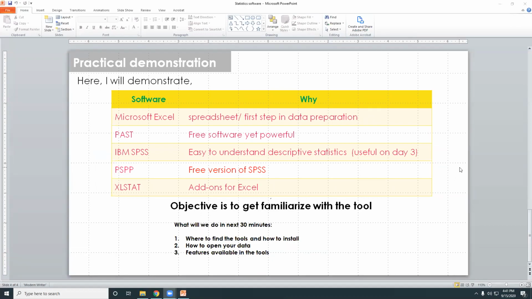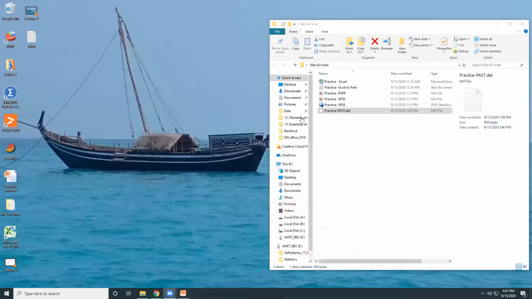So as I said, the first step in data analysis by any statistical tool is to get your data ready in a Microsoft Excel spreadsheet, right? I have already shown you just now how the data should be in Microsoft Excel, and I'm pretty sure that most of you are already aware of it. The second thing I would like to show you is a software called Past, and how we can put the data there so that we can later do the statistical analysis.